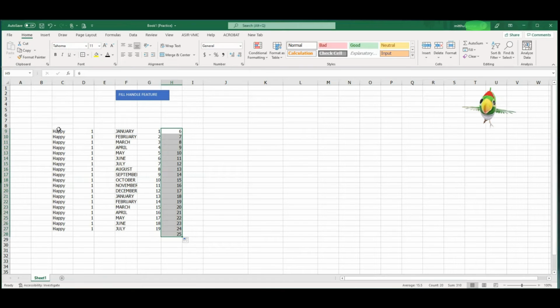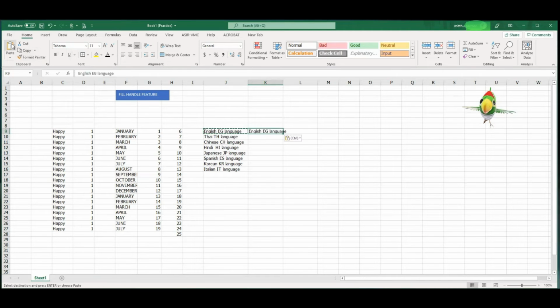Now there is one more interesting function which I want to show you. You may have certain texts. For example, here I have written English, I have written a code, and then I have written the spelling of the language. And the pattern is the same in all the data. Suppose you want to extract some data out of it and remove certain text from this particular data. What can you do? Say you want to remove the code from this data,